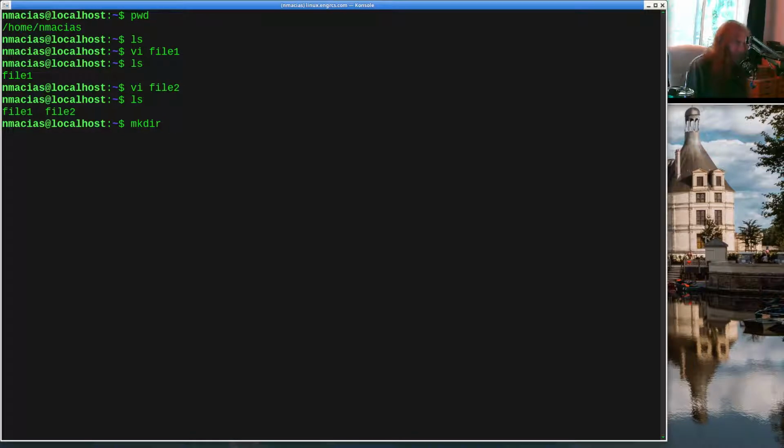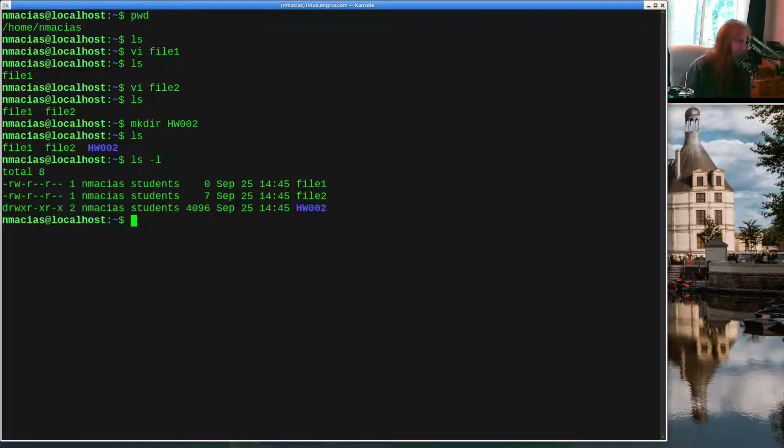So let me do mkdir for create a directory. And let me call this homework002, because we've been working on that so far. And now if I say ls, I've got two files and a directory. And if I say ls, which shows me my current files, there's switches I can put on there, things that modify the behavior. For example, ls -l shows me a long listing, and here I can see this little d in the beginning of this line that tells me that homework002 is a directory,